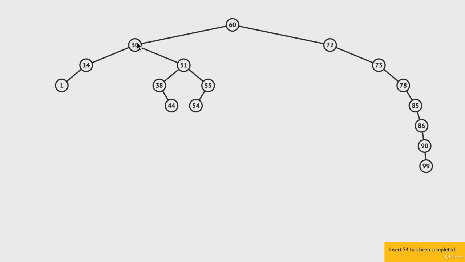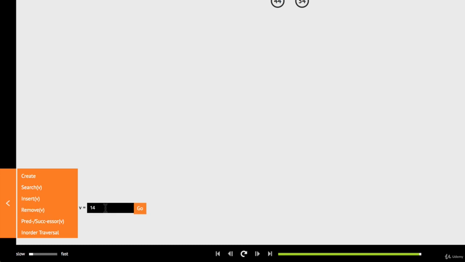Some steps are really easy. If we wanted to remove one, for example, we simply traverse and find one and just remove it. But then there's other cases that get really complicated, such as what do we do when we remove 51? Well, if I click play here and say remove 51,